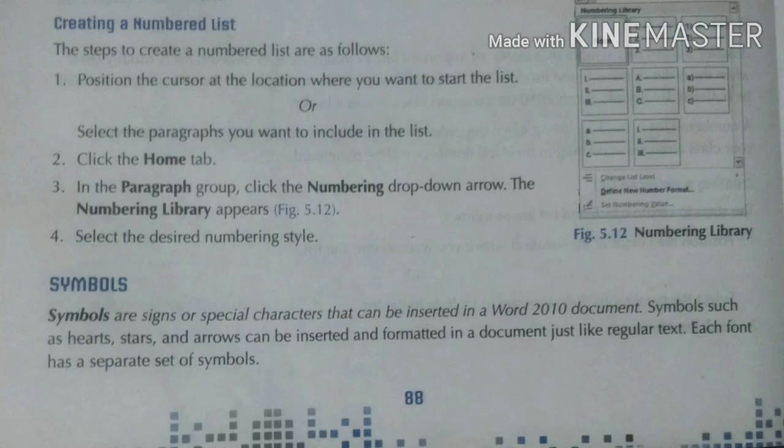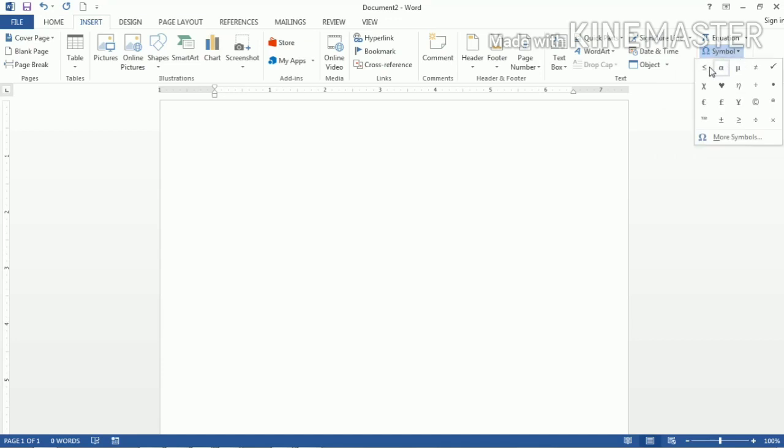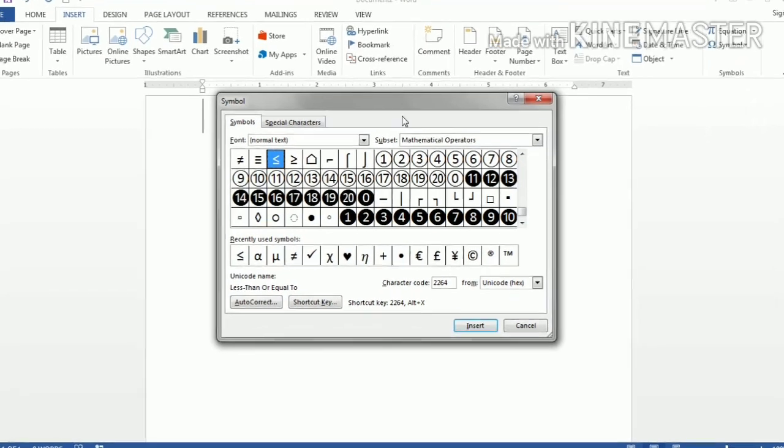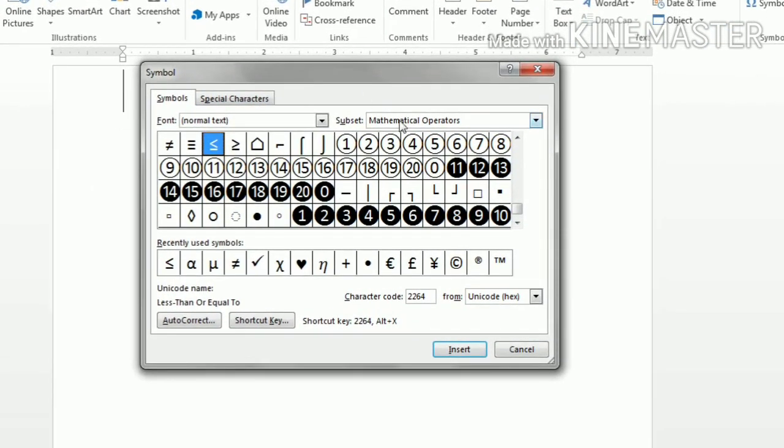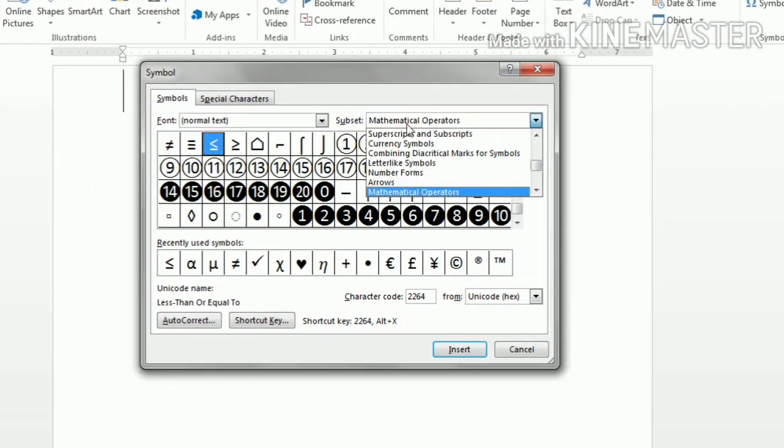Next option is symbols. Symbols are signs or special characters that can be inserted in a Word document. Steps are given for how you can insert them. Just go through page number 89, where the steps are given. Now let us see how you can insert it. As you can see on the right side, when you click on the symbol option, some symbols are available. If you click on the more button, you will get a box. This box will appear, and then you can go to the